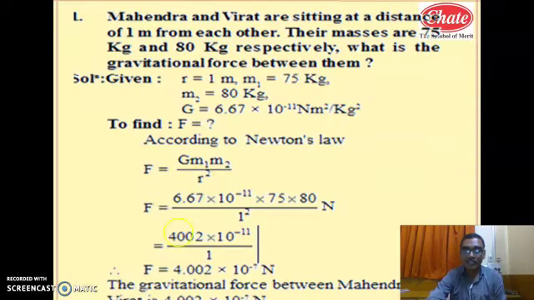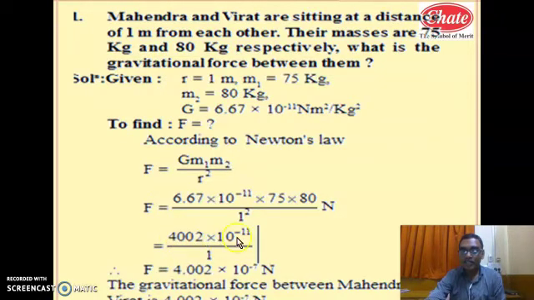Now substituting the values. Here G is 6.67 into 10 raised to minus 11. This is a constant value, so you have to remember it and take it in every calculation of gravitational force. The first mass is 75, the mass of Mahendra. The second mass is 80, the mass of Virat. And the distance r between them is 1, so 1 square. Solving this, if we take the product of 6.67 into 75 into 80, we will get